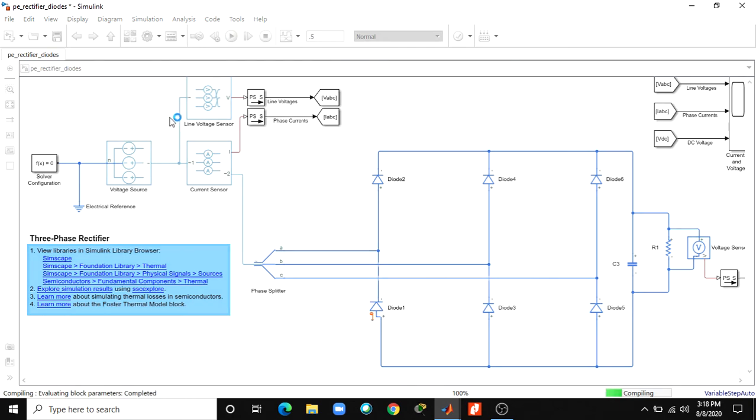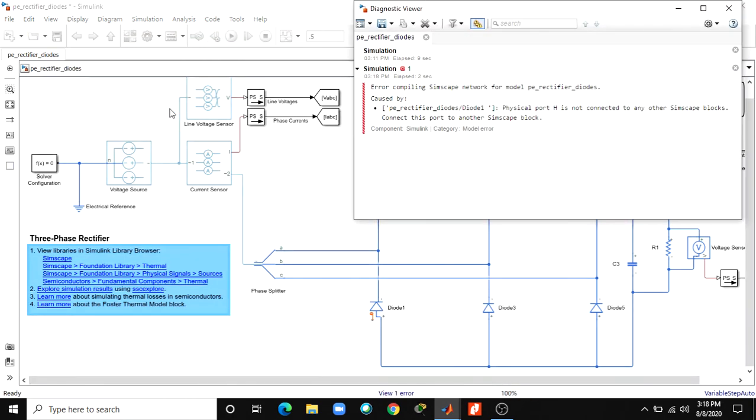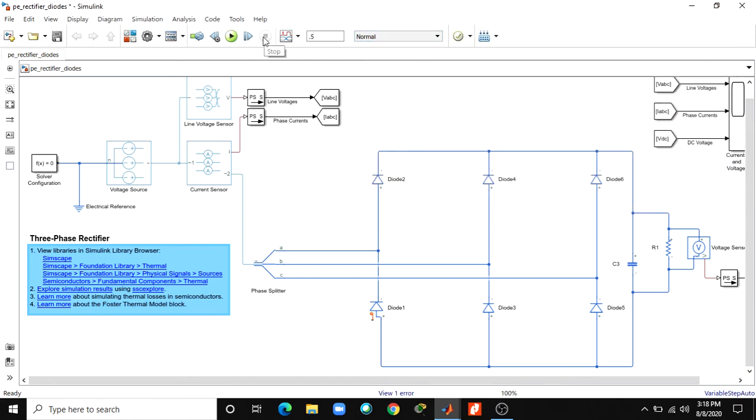Click run. Here there is some diagnostic viewer path we have to mention.